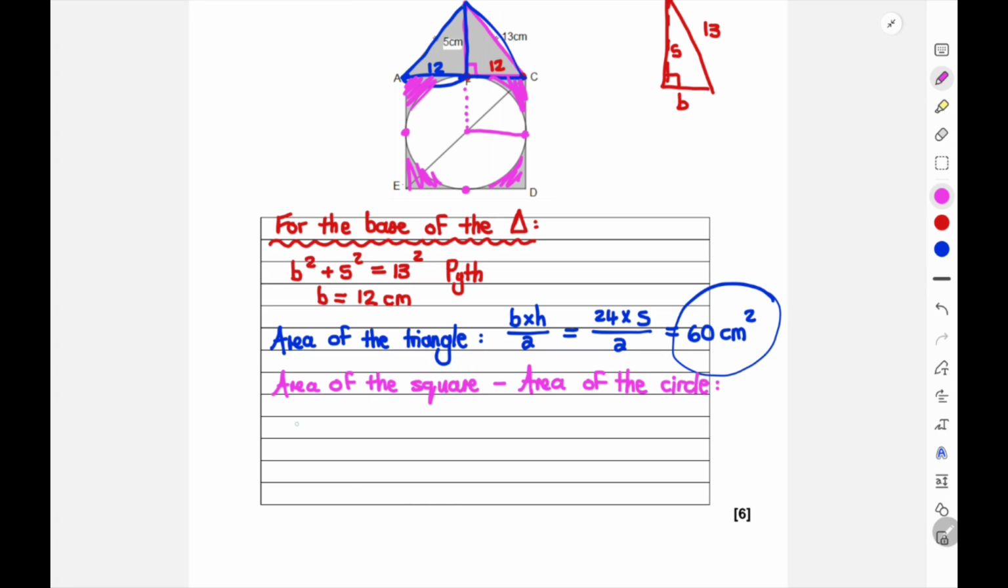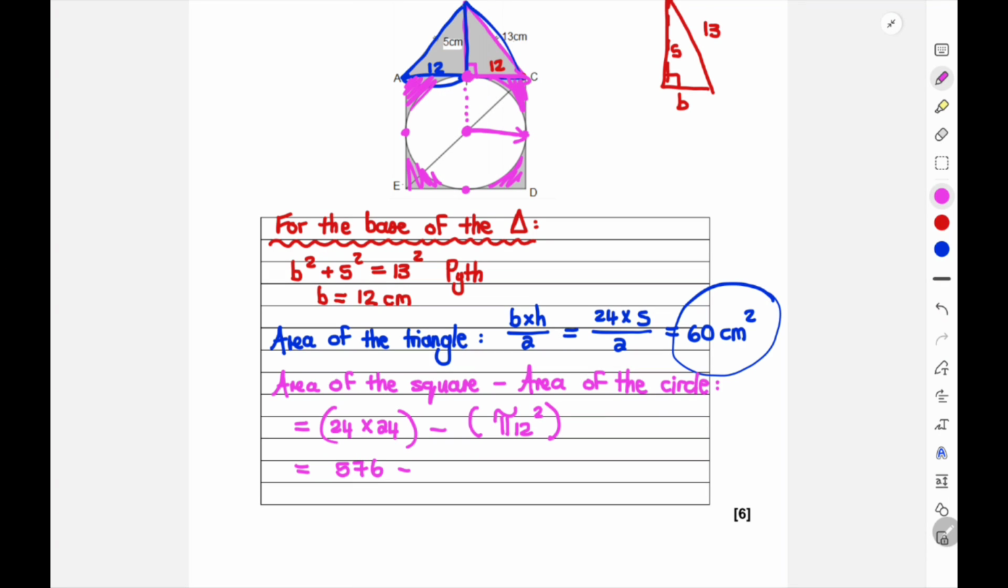I don't have to divide it or anything. So the square is going to be 24 times 24 minus the area of a circle, which is pi times 12 squared. Can you see from there to there? The radius will also be 12 because it's the same measurement as that. 24 times 24 gives you